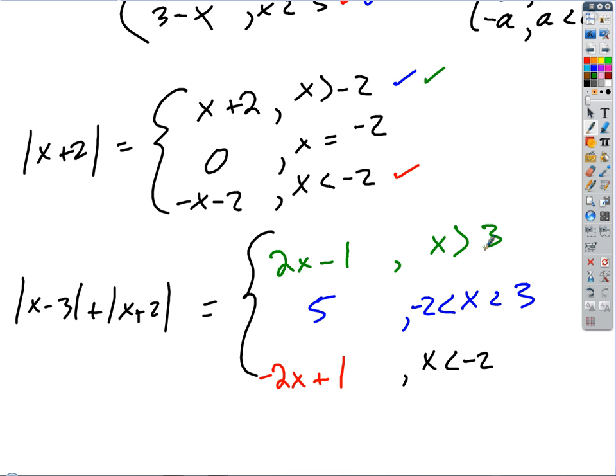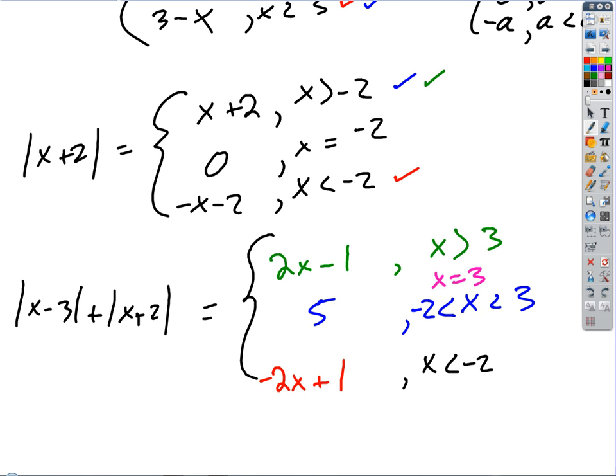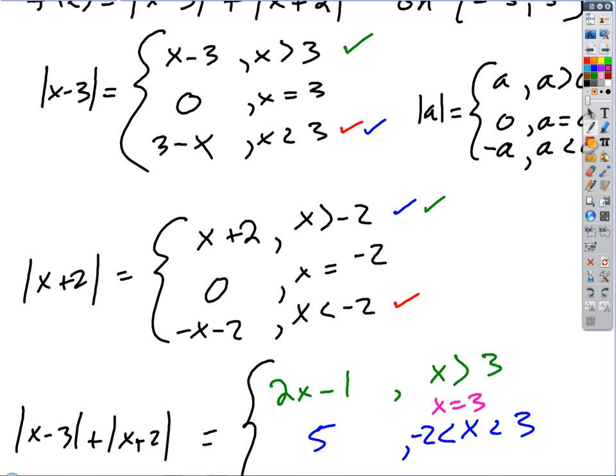And then at the boundaries, what would it be when it's actually, if we want to fill those in too, I guess. What about when x actually equals 3? What are we going to be? Well, when x equals 3, this is 0, and this guy down here is going to be 5, right? Does that make sense? If I plug in 3 here, when x equals 3, it's greater than -2, and so if I plug in 3 in the bottom function, I get 5. Okay, so